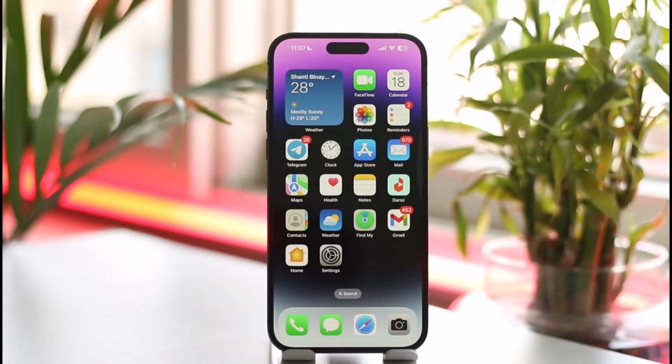In this video I'll guide you on how you can activate dark mode on Instagram on iPhone, so make sure to watch the video till the very end. If you'd like to activate dark mode on the Instagram app on iPhone, you have to go ahead and then